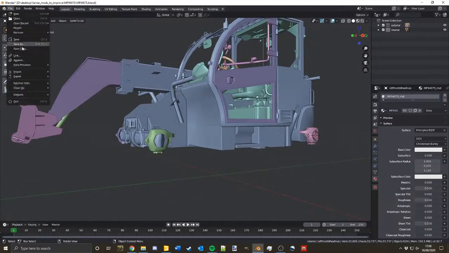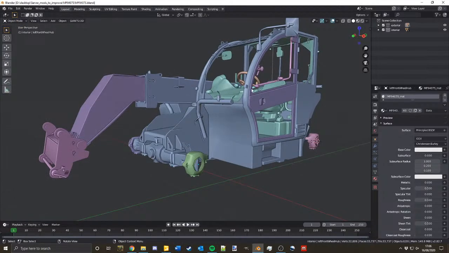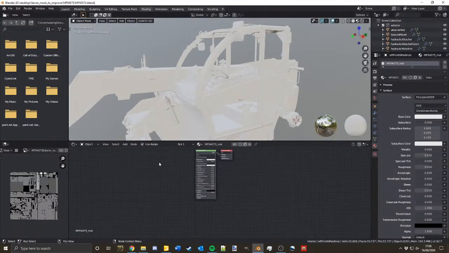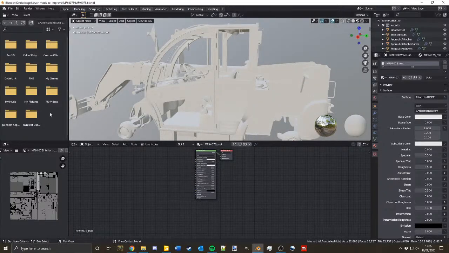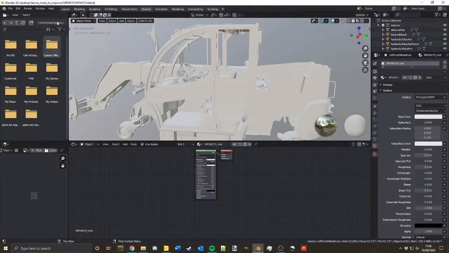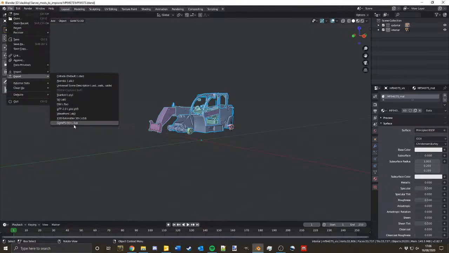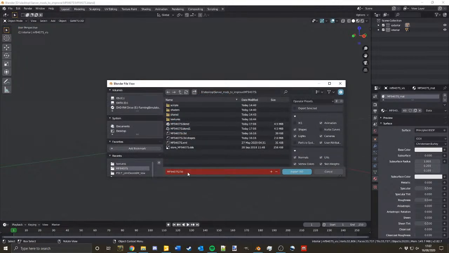We are now good to export. Notice I've removed all of the textures which were applied, so it's just the material. So select all, well it doesn't really matter, just do a quick save, export, like that, export,